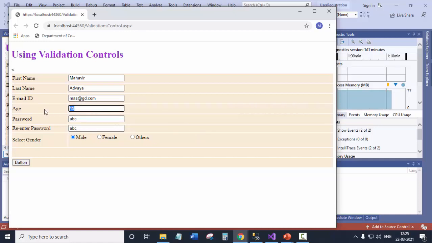So this is how the validation works. Now one thing you must have recognized: when we don't enter anything, you'll see the error appears here. This is the required field validation error. And if I enter some age that is not proper, the error appears here. We can adjust this by using one property.